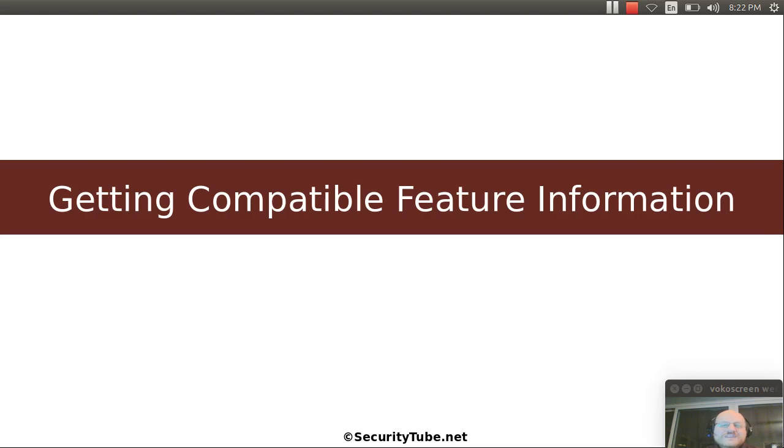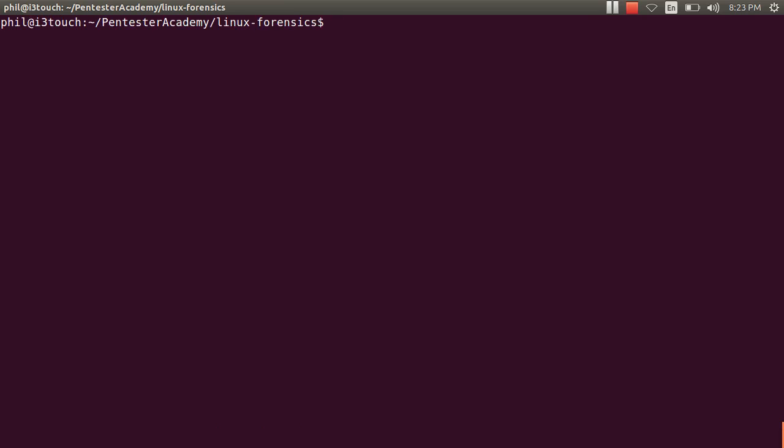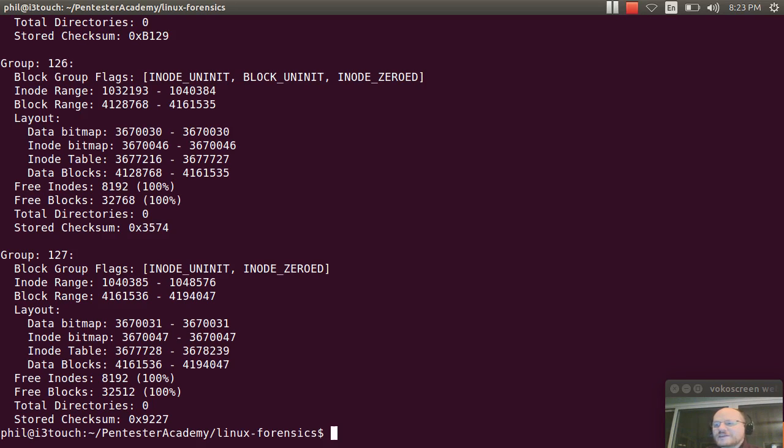So again, how do you get this information from your file system image? I showed you in a previous video how you could use the fstat tool, and here was the format. It was just fstat. You would possibly have to give it an offset if you had an image that contained more than just one partition, which is what I recommend you always capture. Get the whole thing if you can. And then the path to your image. And when you ran that, it gave you a whole bunch of information. And so then I piped that out to a file. So let's have a look